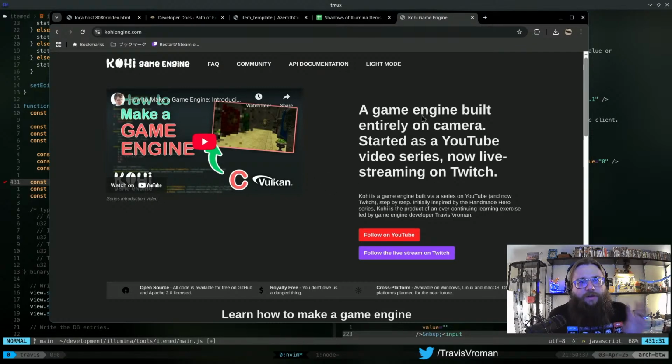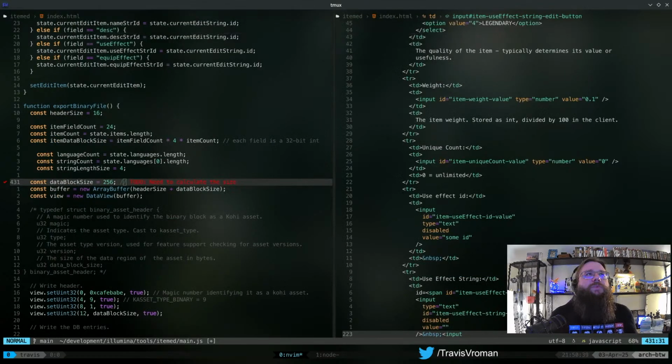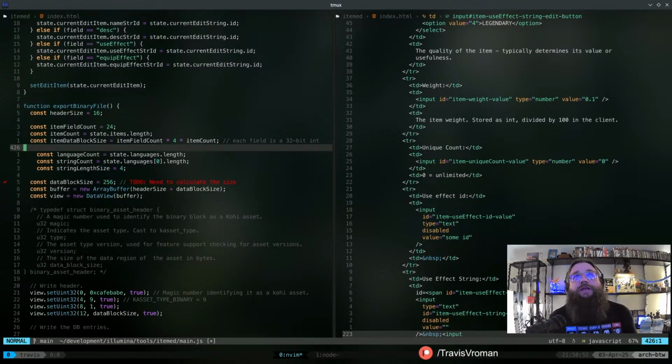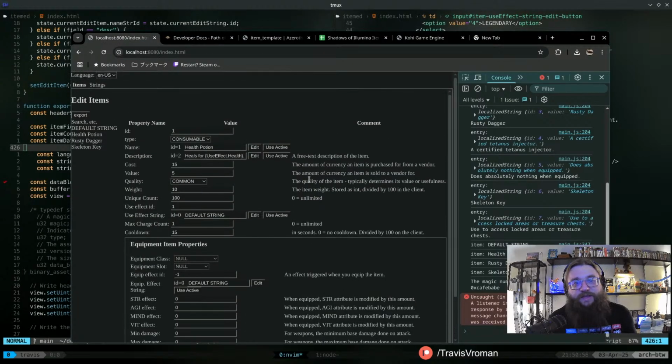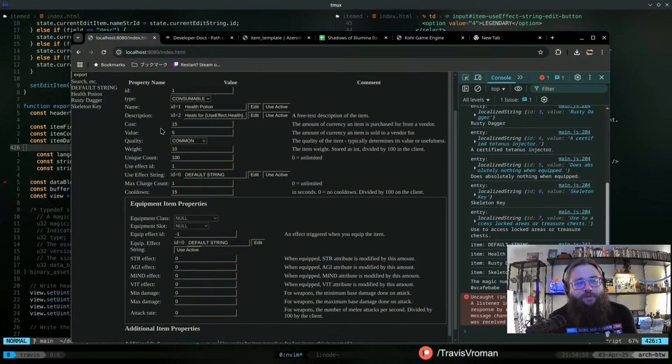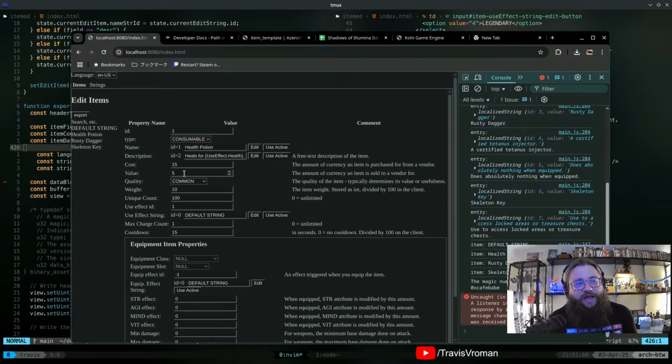So all of that said, we are actually using this engine now to create our first game. And ironically, what we see here on the screen is not C. It is indeed HTML and JavaScript. You're not going crazy. Because we are building an external tool for the game itself, right? And so what we're doing is we're building a very basic item editor